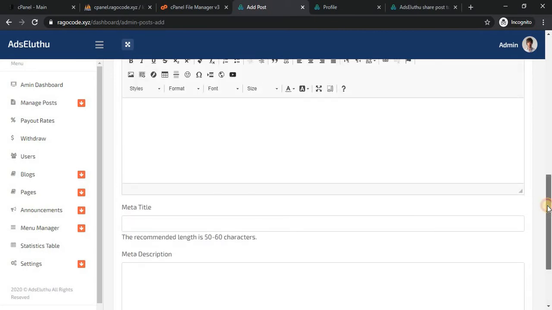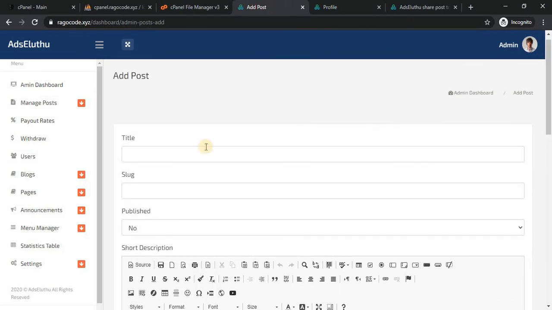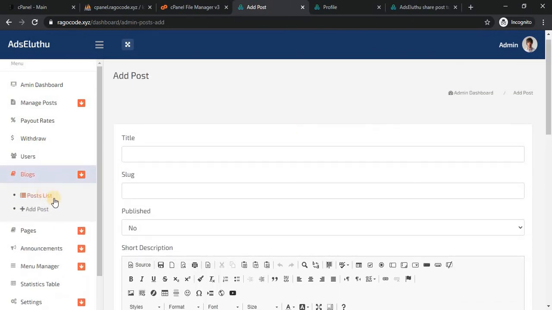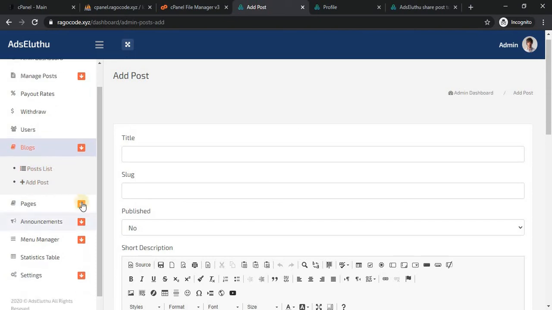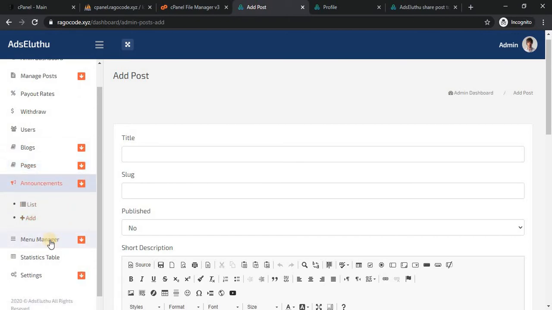All you need to create a blog post like this, and all the blogs you can edit, delete or add something, whatever changes you need. You can do it in this list, and the pages also same, and the announcements also same.